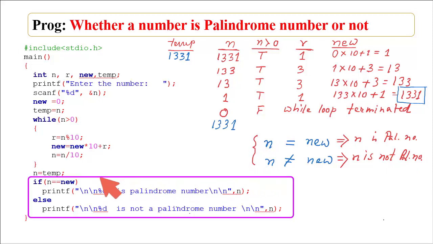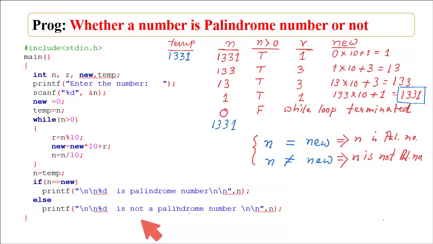For that I have used these instructions. Here the condition I have used: if the value of the variable n will be equal to the value of the variable new, that is n equal to new, then the number is palindrome, otherwise the number is not palindrome number. So this is how we can check whether a number is palindrome or not.